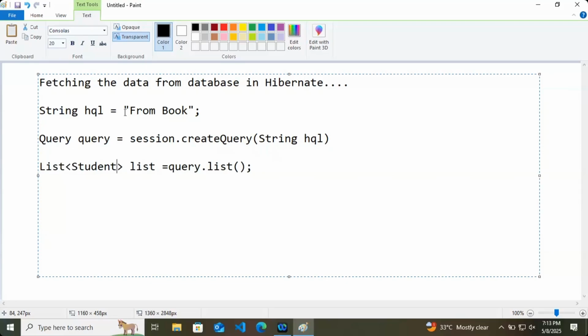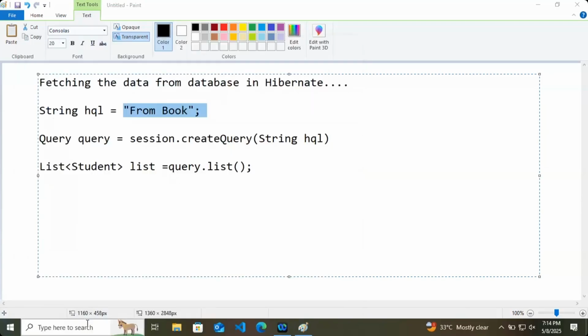However, we are writing two words for the query, that is, from Book. Even if you have a particular thing in mind that this is Hibernate, why are we writing the query? So there is a substitute for this in which we will not write this thing also, meaning no query. But you will find that method more difficult than this. So let's see what that method is.